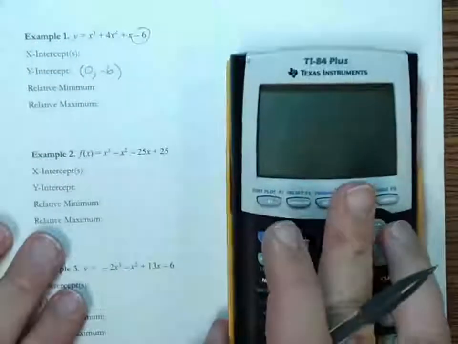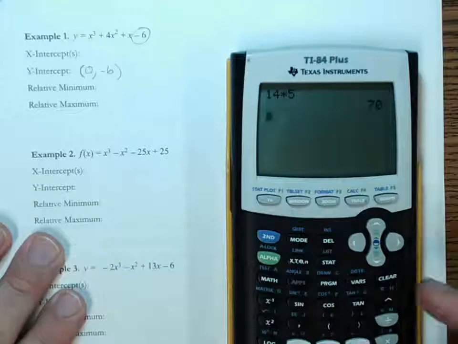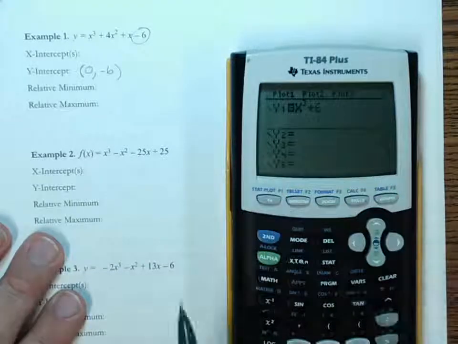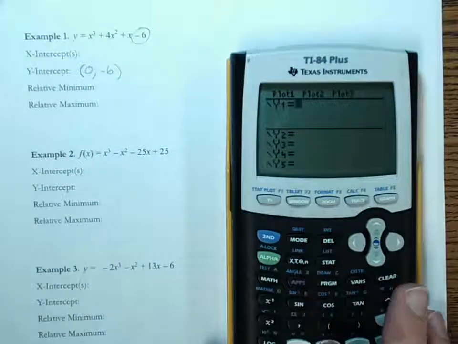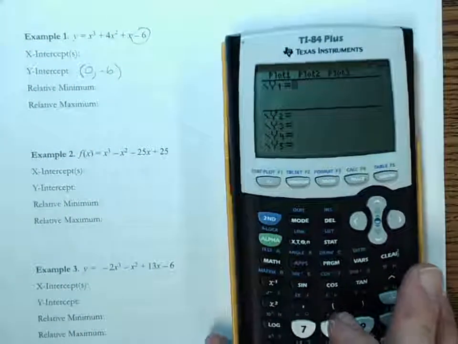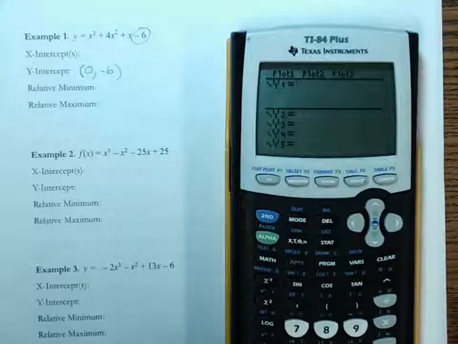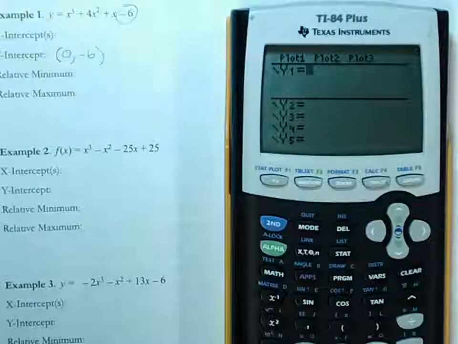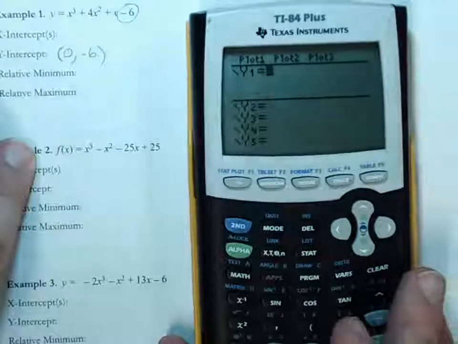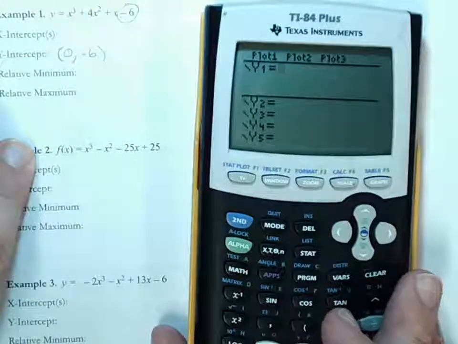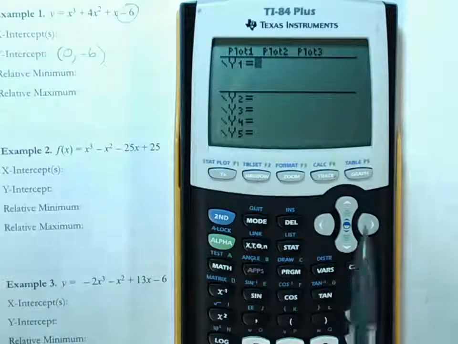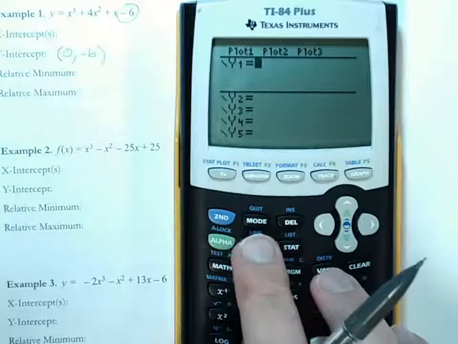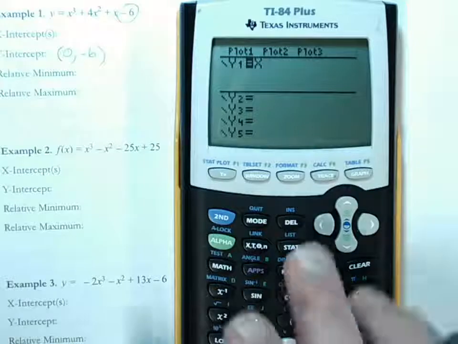So here's my calculator. I'm going to turn it on. I'm going to go to y equals, and I'm going to type all this in. Now, I promised I would show you a few things. So here we go. And I'm going to zoom in just a little bit more so you can see what I'm doing. There we go. All right, so I'm going to type in x cubed. My x is right here. That's my x. To do cubed,